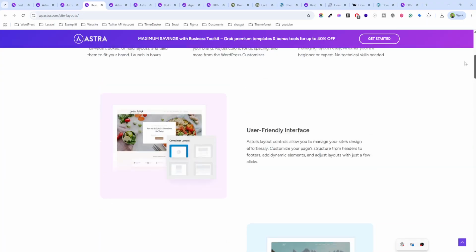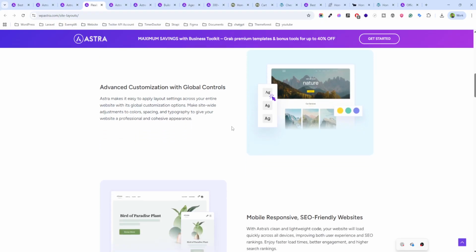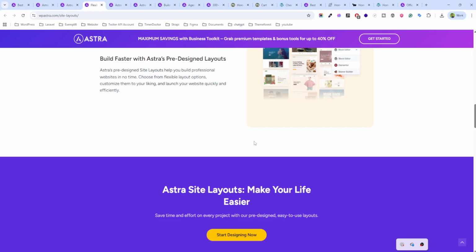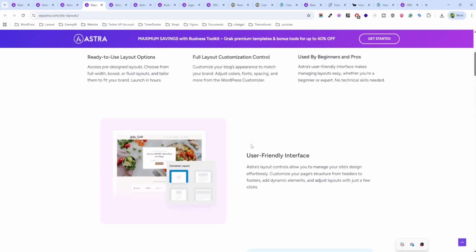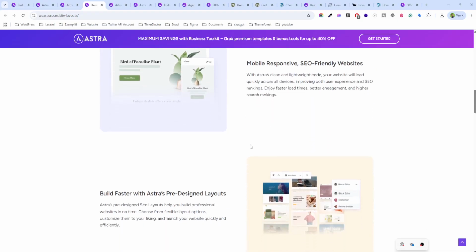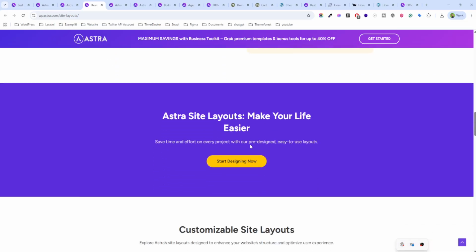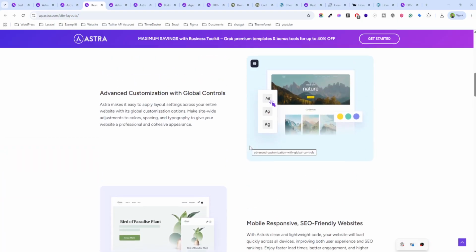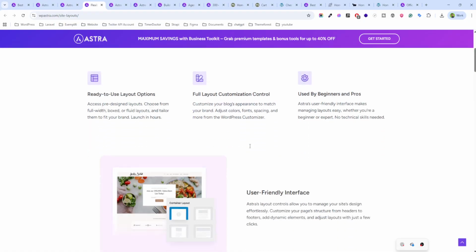So next we are discussing the site layout. What is the site layout structure of the Astra theme? Astra gives you full control over the layout design, page width, sidebar positions, containers, spacing and more. You can switch between boxed, full-width and fluid layouts, use a different container style per page, and have separate designs for the home page, blog and shop page. And the best part, it all happens with a live preview. No need to refresh or write code. So your layout is your brand identity. Astra ensures your design remains consistent and flexible.